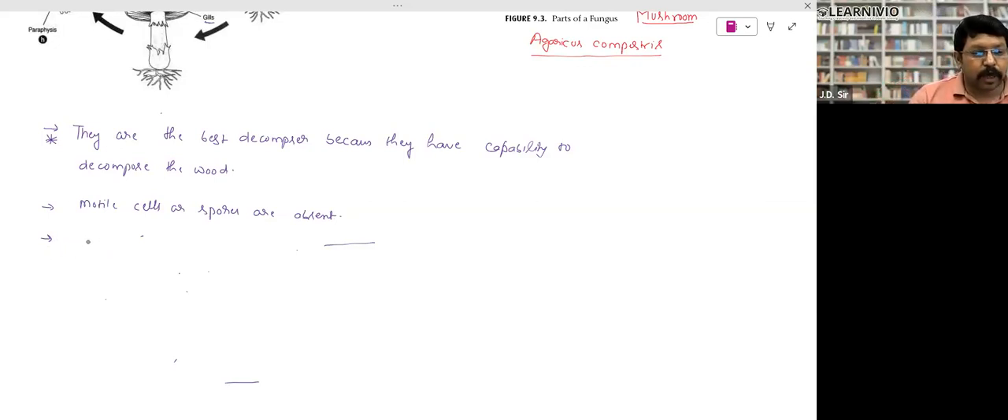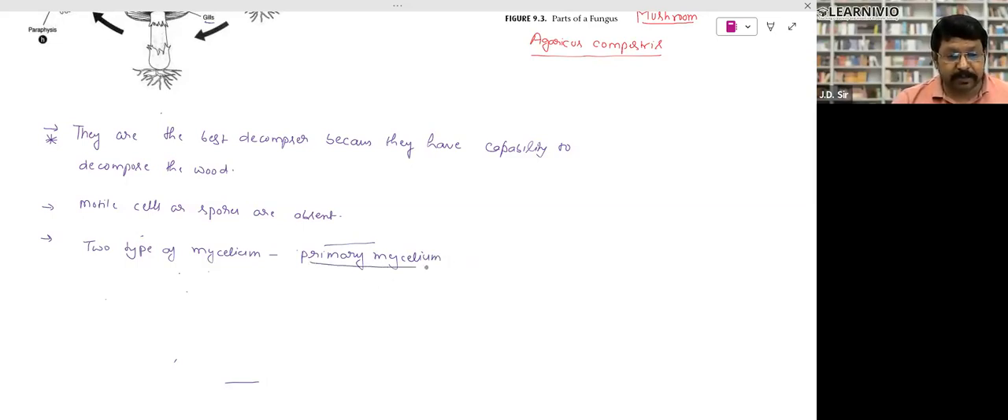Again, there are 2 types of mycelia. You will come to know. There are 2 types of mycelium. Primary mycelium contains monokaryotic cells, right? So first there will be primary mycelium. We have discussed that thing. Primary mycelium contains monokaryotic cells